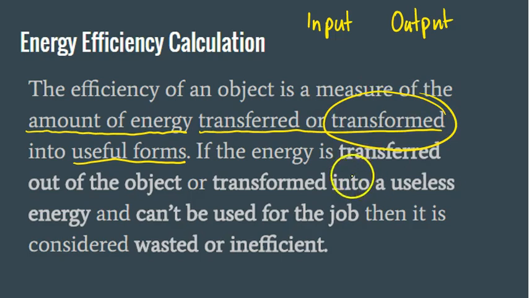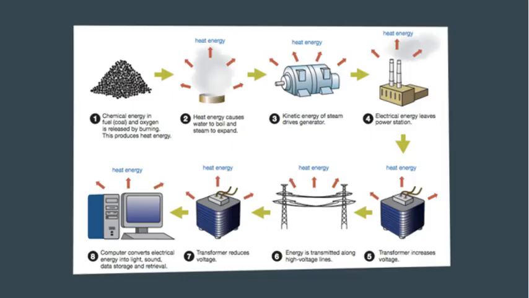If the energy is transferred out of the object, or it's transformed into a useless form of energy that can't be used for the job, then we call that wasted energy. And if there's an awful lot of wasted energy, we say that it's an inefficient machine. Now, every time we transfer or transform energy, we actually lose energy. We know that. So it goes to show that the more steps we have in any sort of process, like